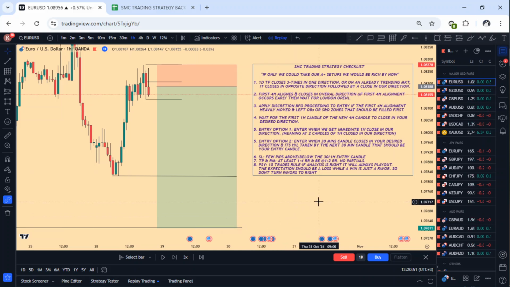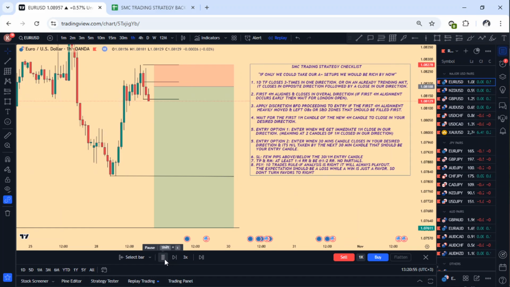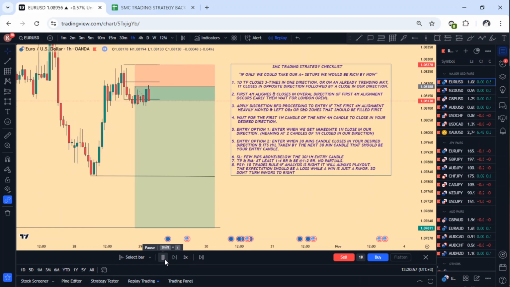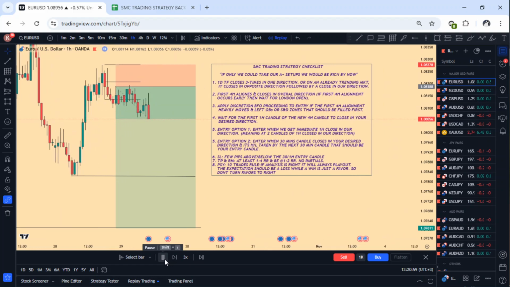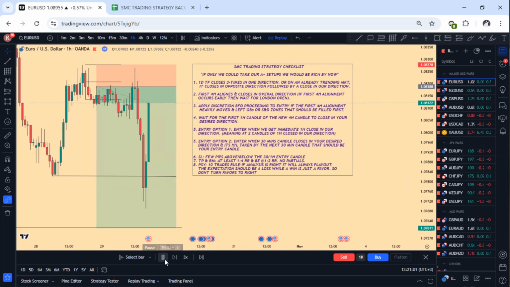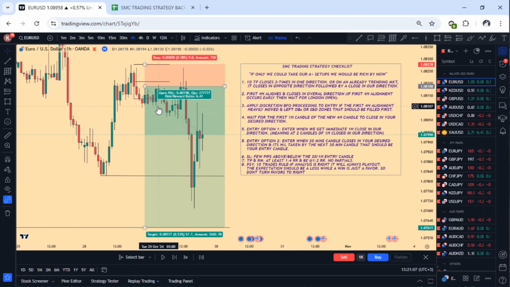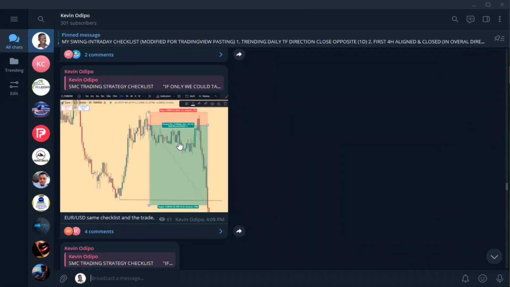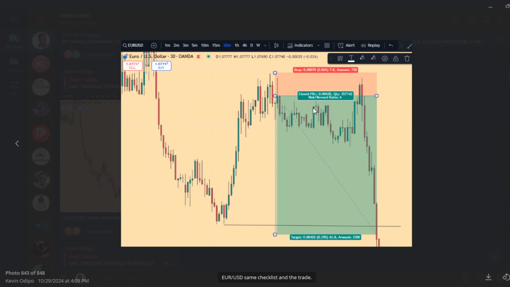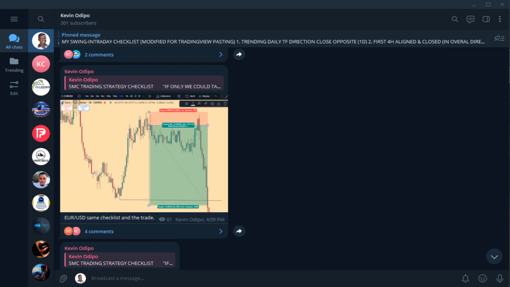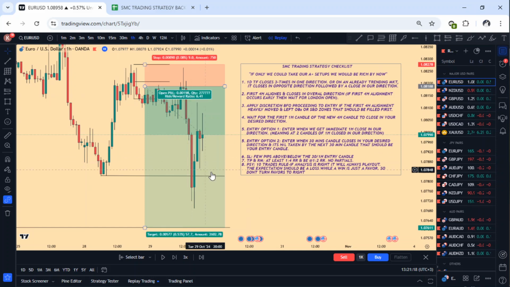Hello guys, let me show you how I was able to catch this trade. So it nearly went to stop loss. At the same time it nearly went to take profit. So this was the trade in the telegram group. This particular point was a 7 pip stop loss because I took it using another checklist, but